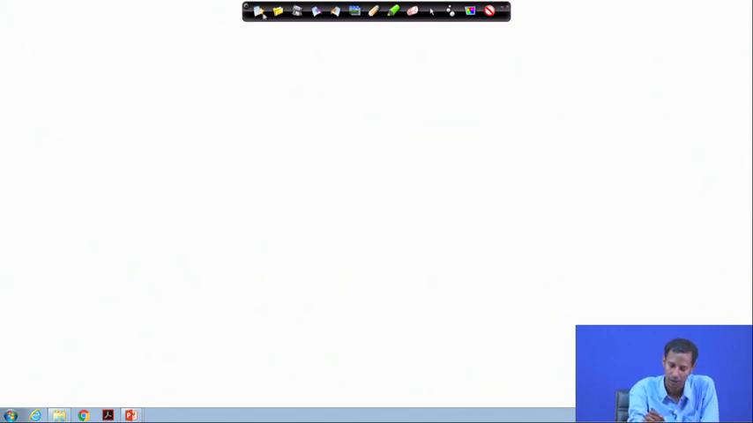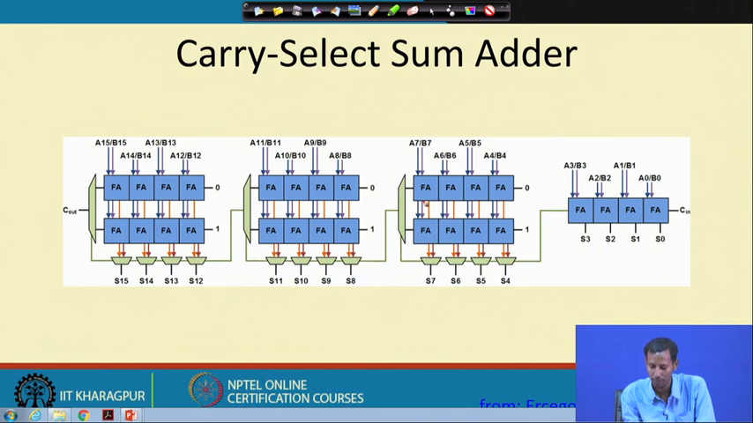If I just go back to this, for A7 B7 I will get two sets of sums over here. This is the sum considering carry equal to 0, and this is the sum considering carry equal to 1, and again this is for 0, this is for 1. Now, if this carry output bit is 1, then it will choose all the sum bits from